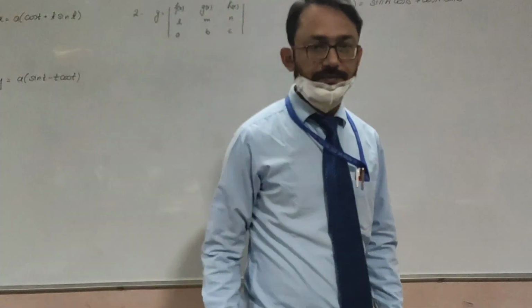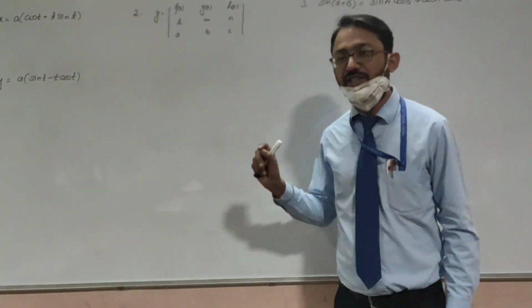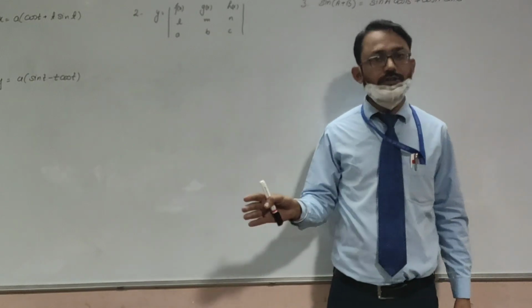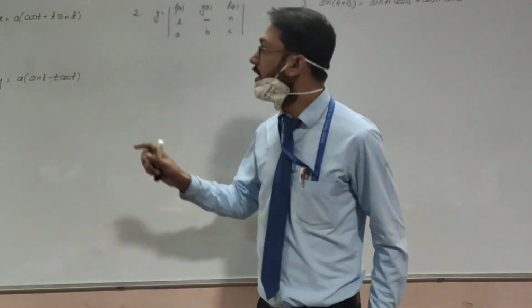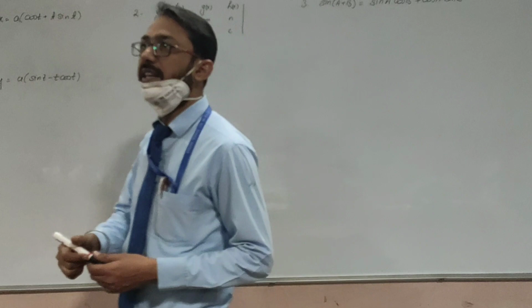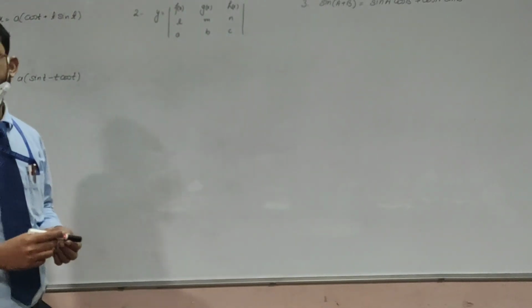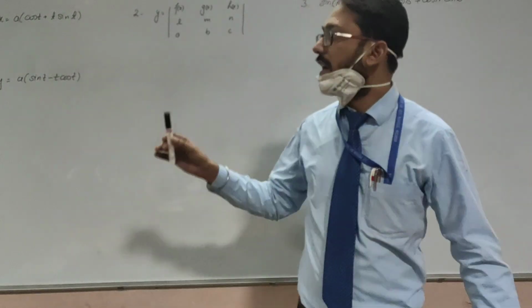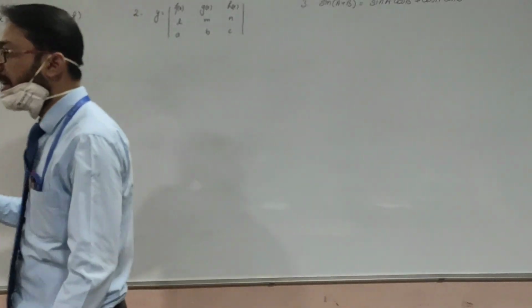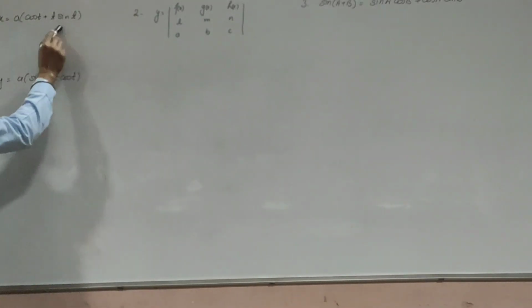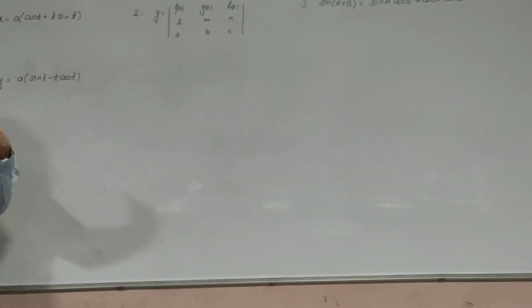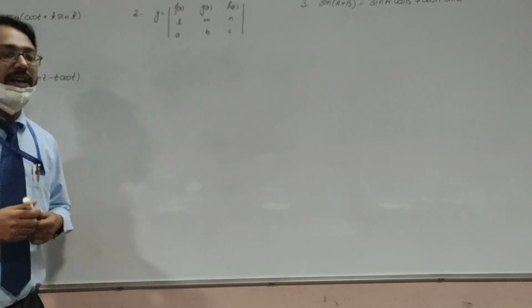This is differentiation. Already we have done this topic, we are revising it. So the first question is, we have to calculate the value of dy upon dx. It is given in parametric form, so we have to differentiate x with respect to t, the same way as y with respect to t, and then we will go for finding dy upon dx.